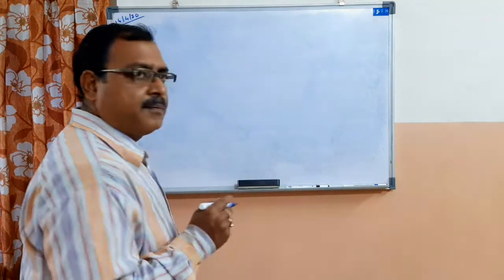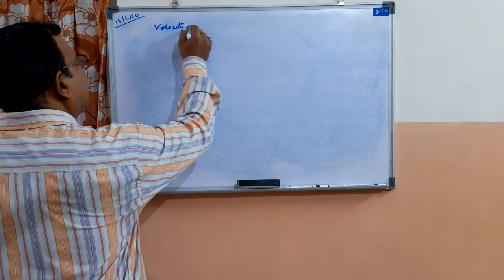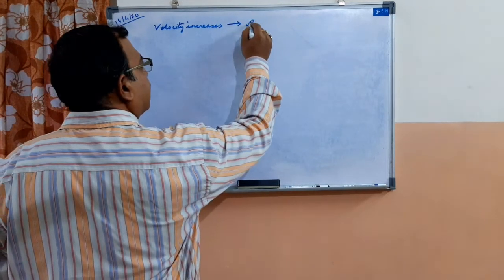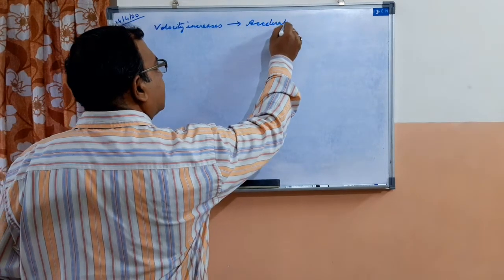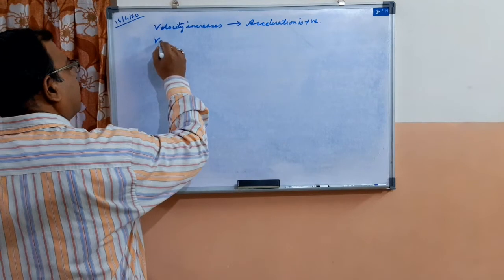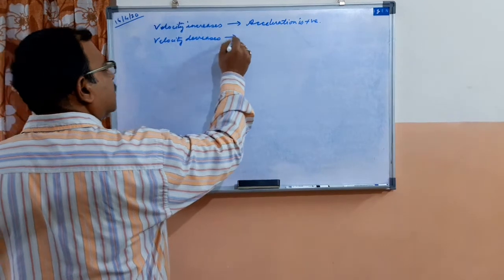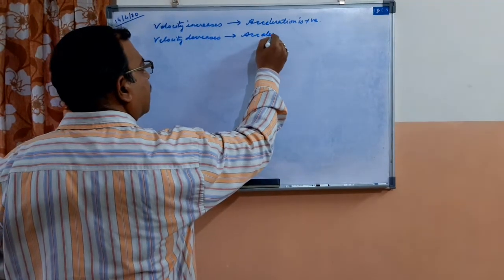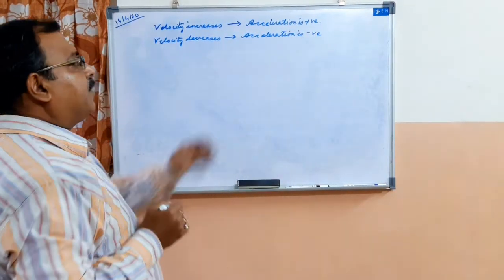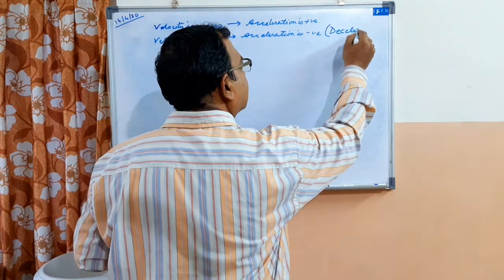But before starting graph, one thing I would like to tell you about acceleration. Remember, when velocity increases, then acceleration is positive, and when velocity decreases, then acceleration is negative. This negative acceleration is called as deceleration,